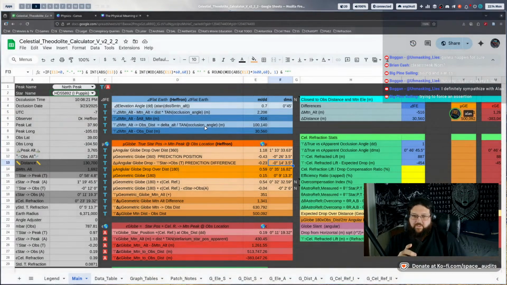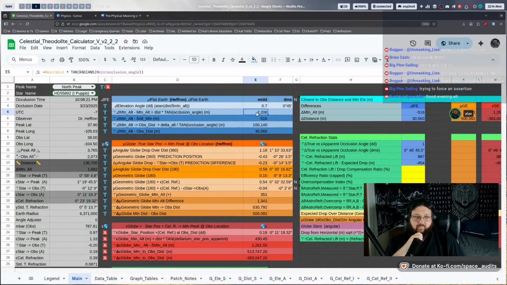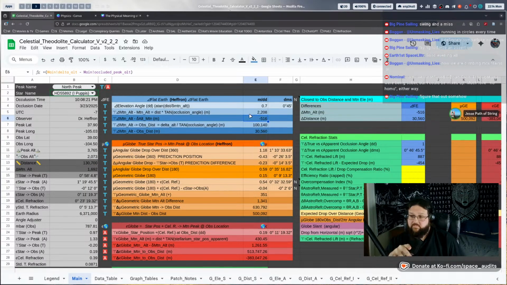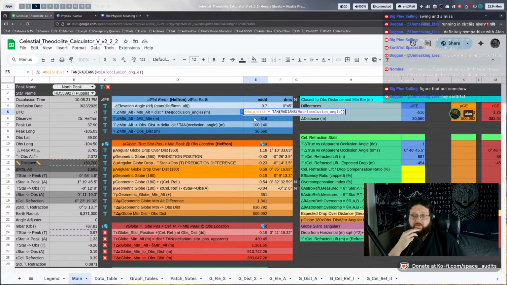Yes, you just need to know the distance already, and then you have to have the occlusion timing, and then you can derive the elevation off of a tangent function. So you can do the distance times the tangent of the occlusion angle, and that will give you the elevation in meters. And what do I put in for the angle, the 58 4.8? You put in the position of the star with respect to the peak at the time of occlusion, atmosphere off. Which is the 58.48 there, right?